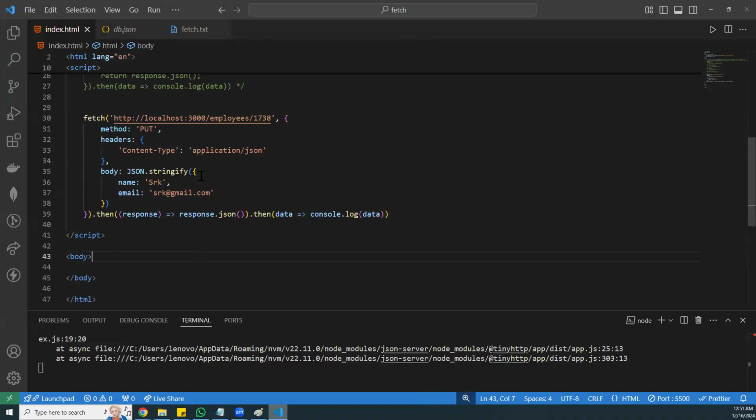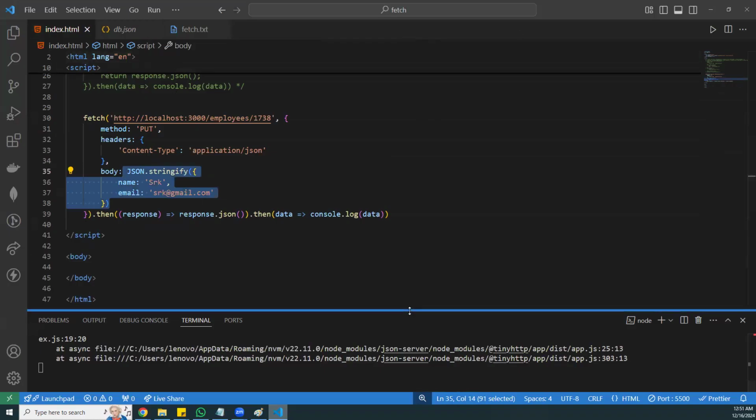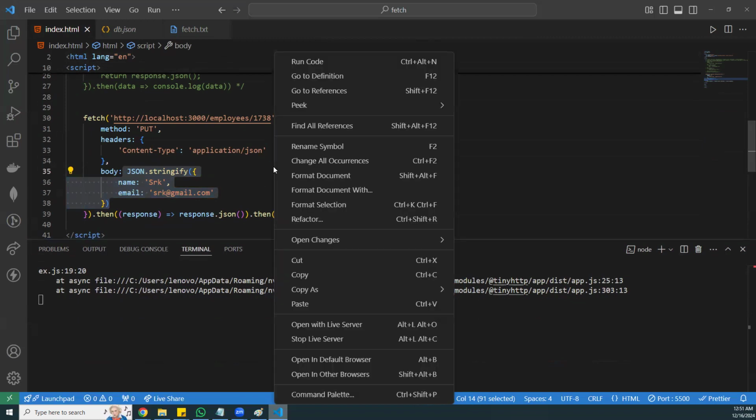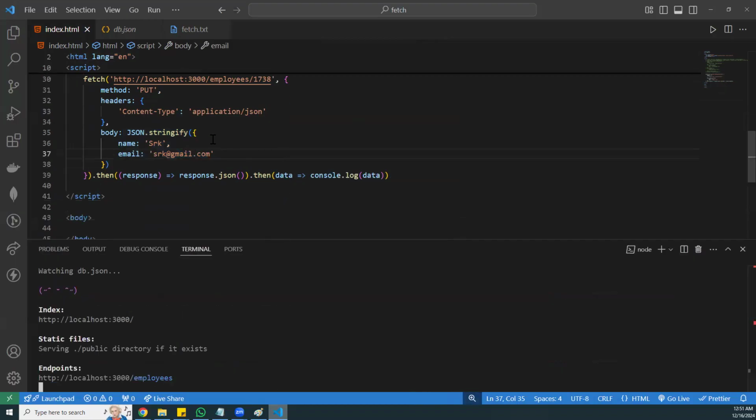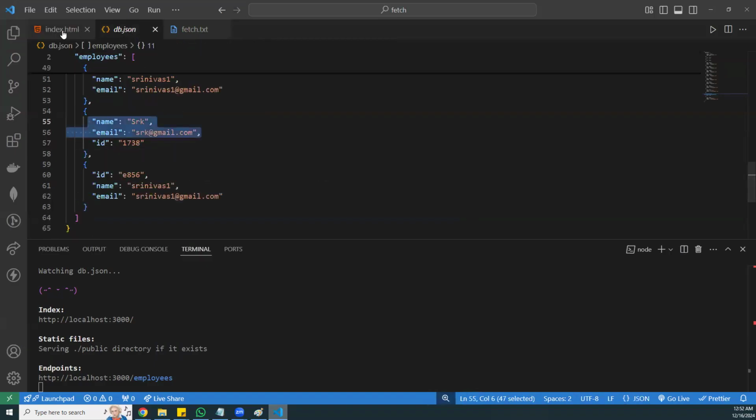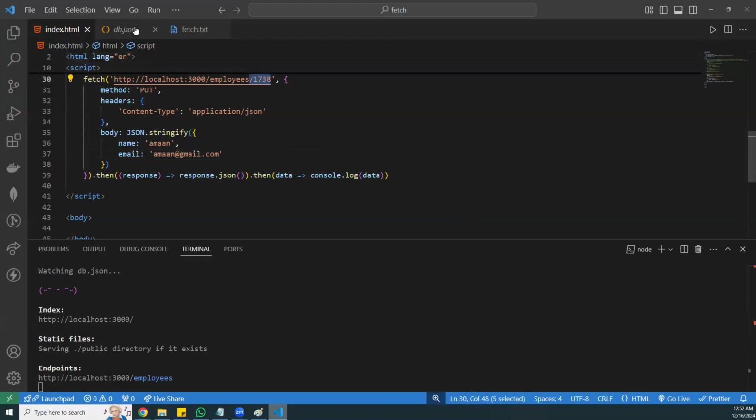Before sending data to the server, make sure you are sending which type of data? JSON data. Then only it will work. I will do one more time. To stop, right click and you can stop Live Server. Now you can restart your JSON server also. Okay, right. Now I just want to change this name to Aman. Here in the place of SRK, I want to update it to Aman. I save the file. If you check that one, where the ID is 1738, you can just go to